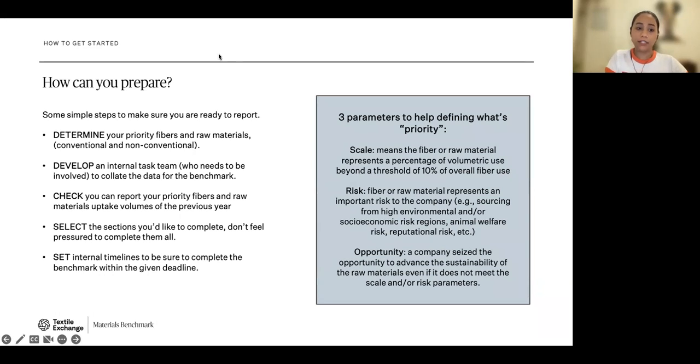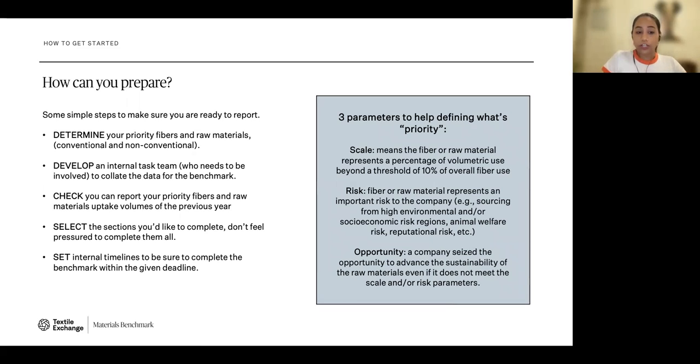And the last recommendation is, we recommend you set internal timelines to be sure to complete the benchmark exercise within the given time frame. Just to remind, the survey will go live on April 18th, and the submission window will be open until June 30th, which is about 11 weeks to complete the survey, which should be more than required for companies to complete it. But we do appreciate that this is a new timeline and could be a little bit hard for a few companies, especially returning ones, to adjust to. In case you have any concerns, or if it is your first year and you think you need more support, just reach out to us and we can help you find the best solution.